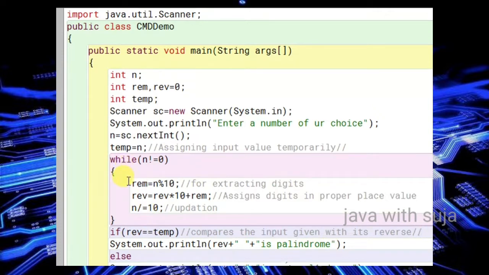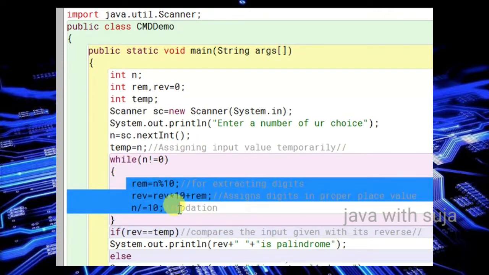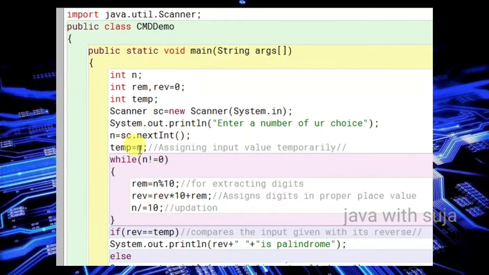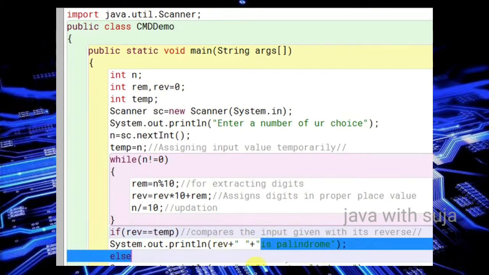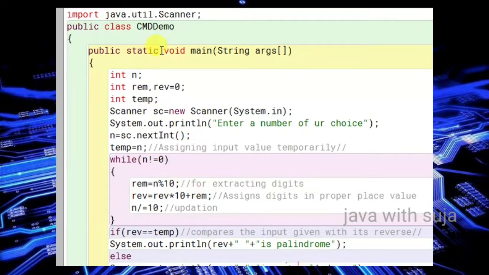And at the end you can see the code if rev double equal to temp, which means you are comparing whether the value inside the rev variable and the value inside temp are equal or not. If it is equal, you are giving a print statement in which you show that the number after reversing is palindrome.